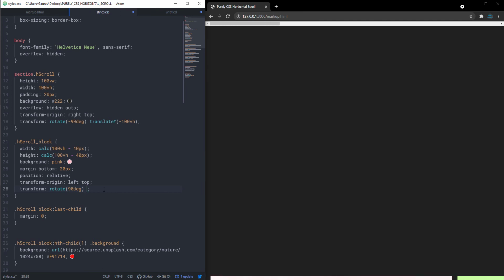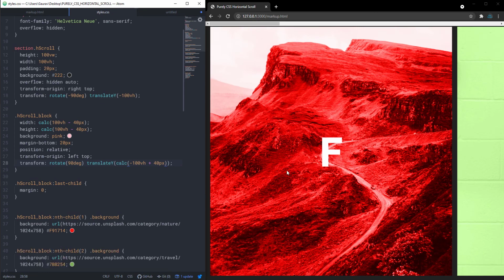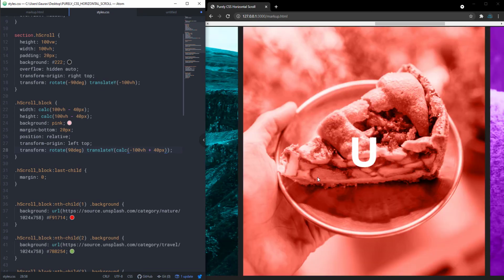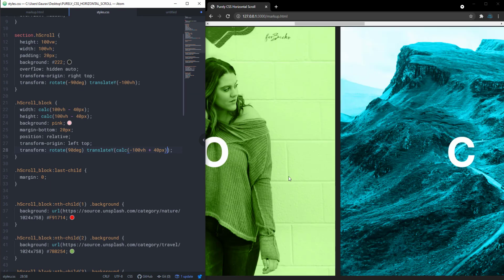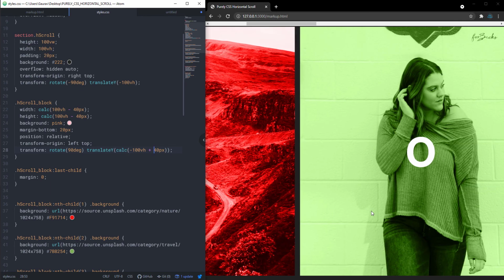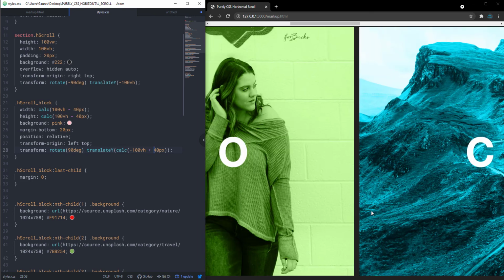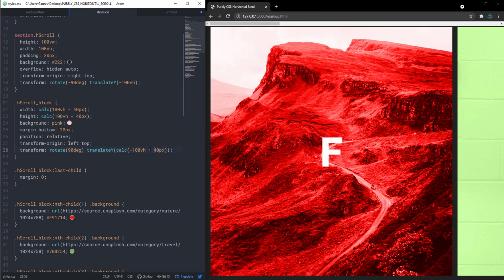So to bring it to its original place, let's say translateY, and let's use the calc function, and let's say -100vh plus 40 pixels. Okay, so as you can see, they have come back to their original place. So now as you can see, our content is laid out properly, and I have added this 40 pixels to preserve the padding which we have added on